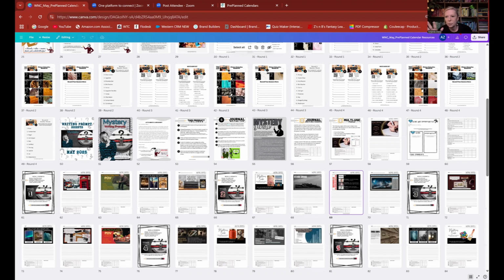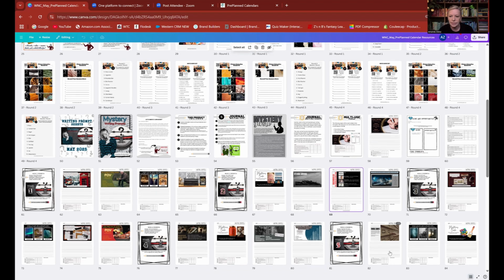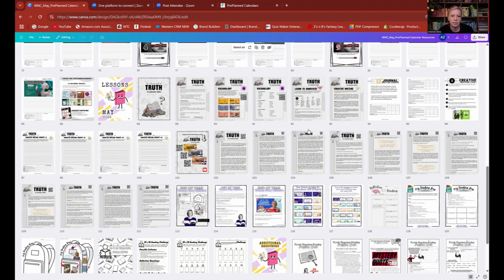I put in 5 weeks' worth because there are pieces of 5 weeks in May. And so my advice is to look through them, pick out the ones you think your students would want to do the most, and then there might be just a few extra left over. The lessons for this month.